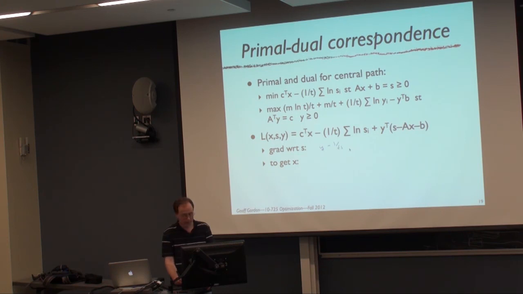And so that just means that si times yi is equal to 1 over t, or in vector notation, the Hadamard product between s and y is 1 over t times the all ones vector. Sorry, not t, but 1 over t, and then the same thing here, the all ones vector divided by t. So that means that,